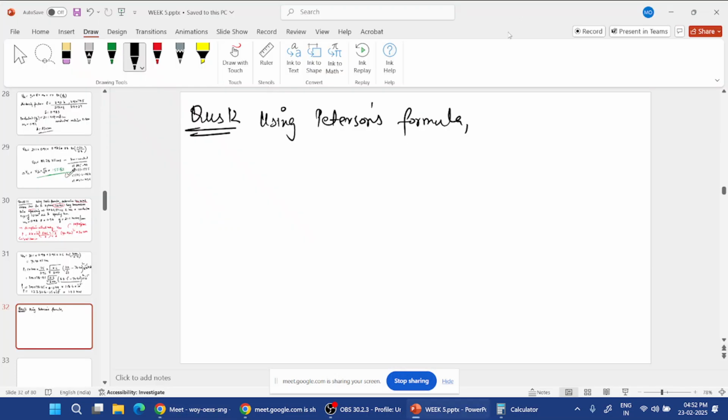Using Peterson's formula, calculate the total power loss due to corona